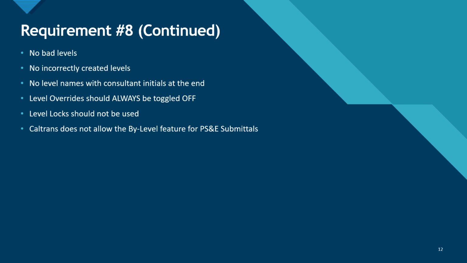One of the key takeaways from the previous slide is that you should have no bad levels or incorrectly created levels in your DGN file. That means no level names with consultant initials at the end of the level, no custom level names that only make sense to the designer or the consultant. The level naming convention is there to provide uniformity in the plotting environment, and when you have levels that do not adhere to the named levels leveling convention, Plans Engineer starts to see other issues pop up to cover up the root issue of the incorrect levels. For example,